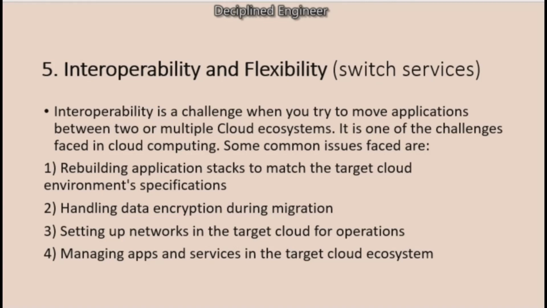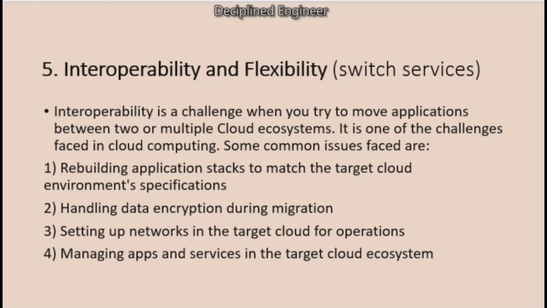cloud ecosystem. So when you want to move an application from one cloud environment to another, there can be challenges due to differences between the cloud ecosystems. This challenge is interoperability. Common issues include the need to rebuild applications to meet the cloud environment's specifications, ensuring data encryption during the migration process, setting up networks in the cloud, and managing applications and services in the cloud